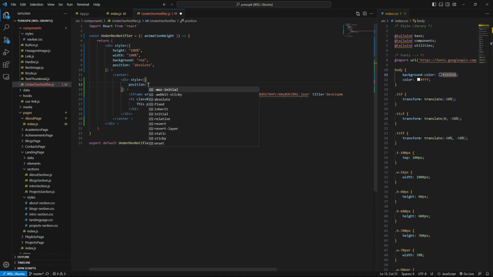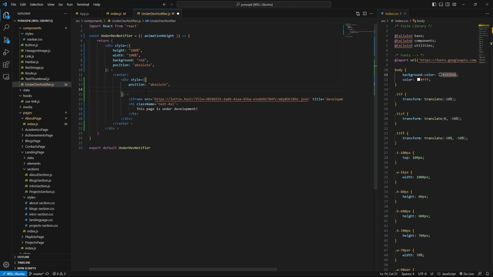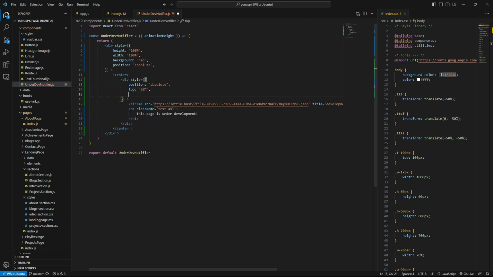The position gonna be absolute first of all. Secondly, from top it would have 50%, and transform gonna be translate 0 comma minus 50%.